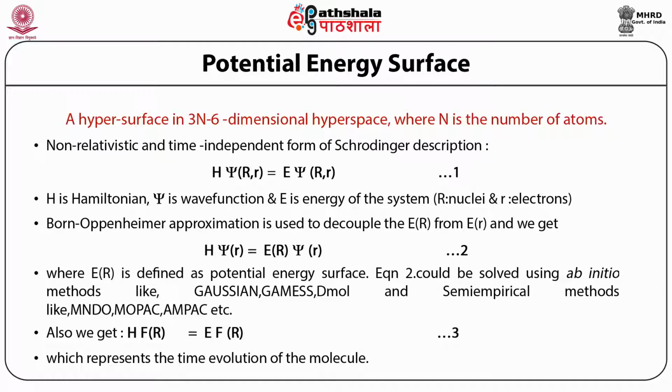Solving this, ab initio methods are available under packages called Gaussian, GAMESS, etc. Semi-empirical methods are also available, called MNDO, MOPAC, etc. Now, these software packages deal with the quantum chemical way of delinking the surface, presenting the nuclear motions as a potential energy surface, and deal only with how many orbital electrons are available.